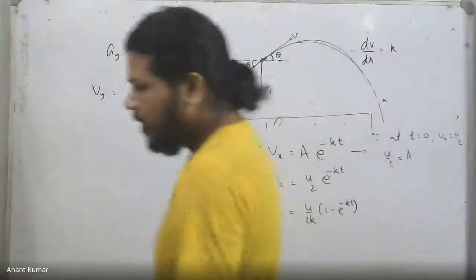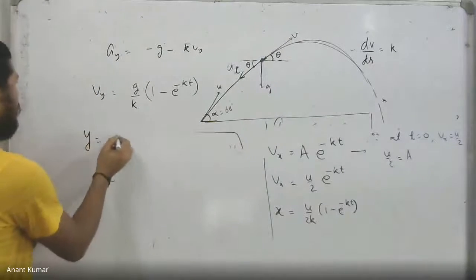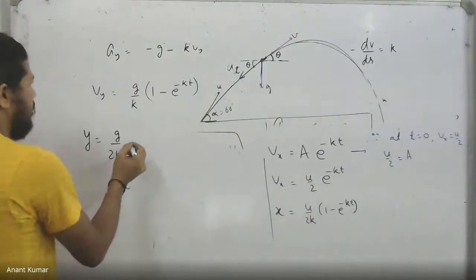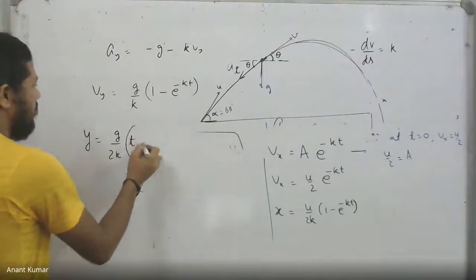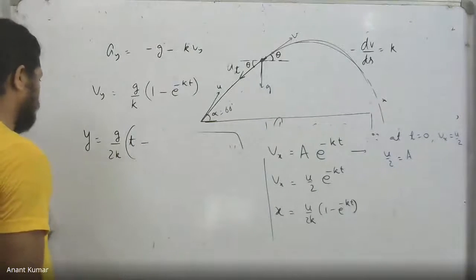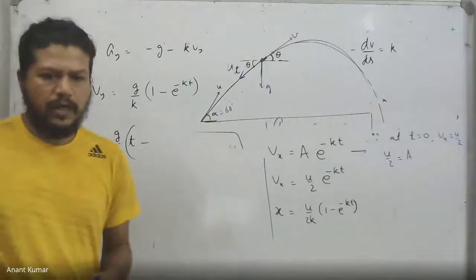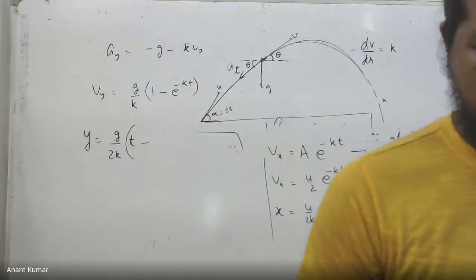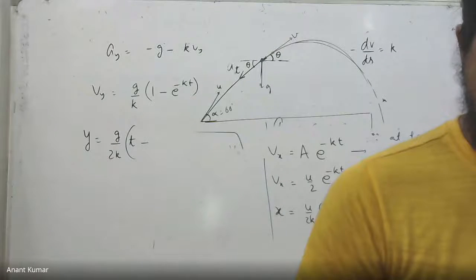And when I obtain the y position, the y displacement, that is turning out to be even more complicated. It becomes g by 2k into t minus... this was not g by 2k. Let me see. I wrote that down over there, so I will just not derive it, but just give it. Maybe the derivation will just tell you later. Just hold a moment.